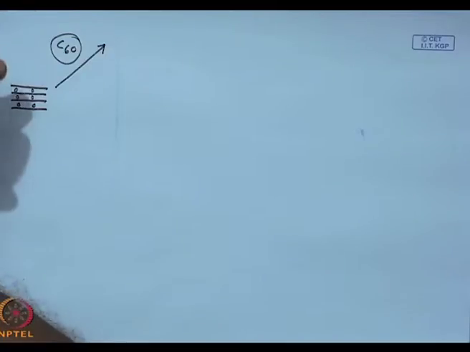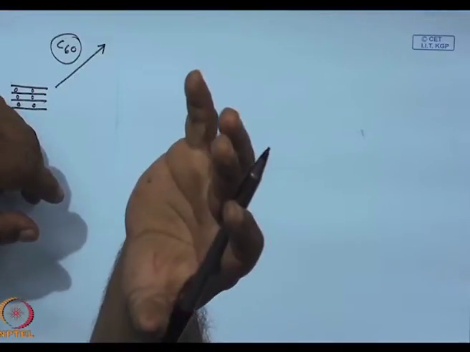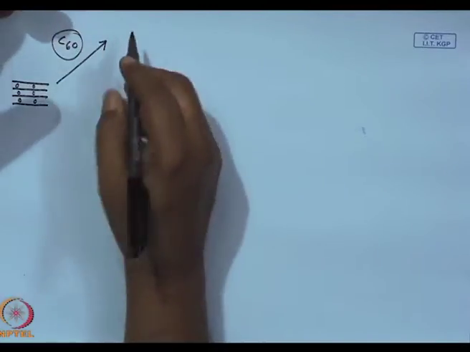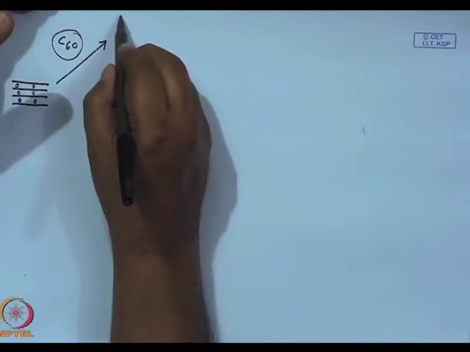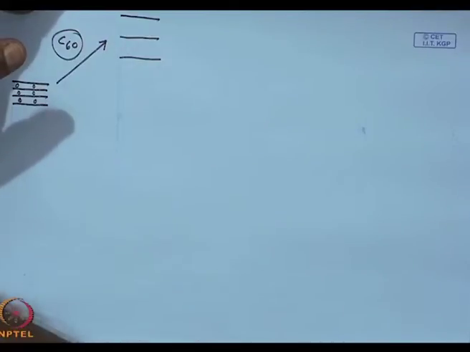Carbon 60. What is it? A buckyball. Buckminster fullerene. Looks like a football. I would leave it to you because I had shown the diagram of Buckminster fullerene earlier in the lecture, that it has got 5-sided, 6-sided carbon rings, and it looks exactly like a football. I could put Buckminster fullerenes, carbon 60, over here,